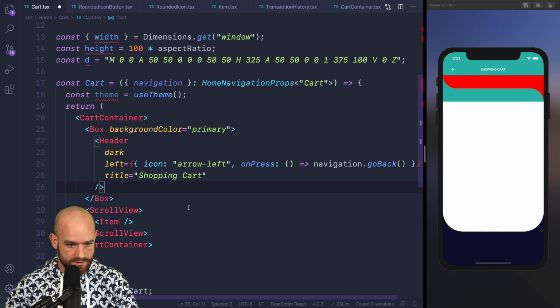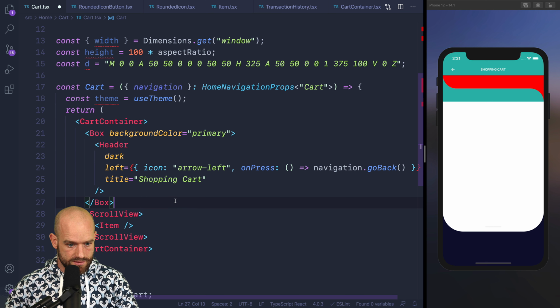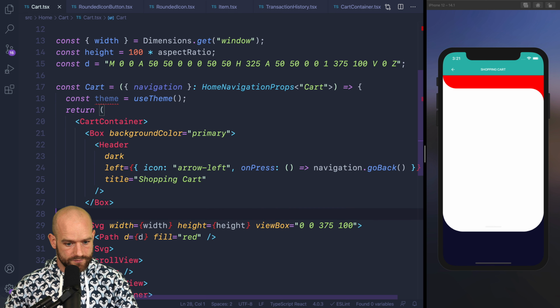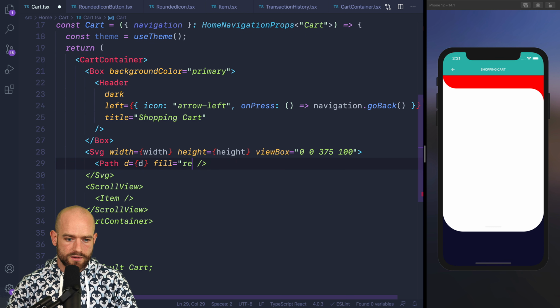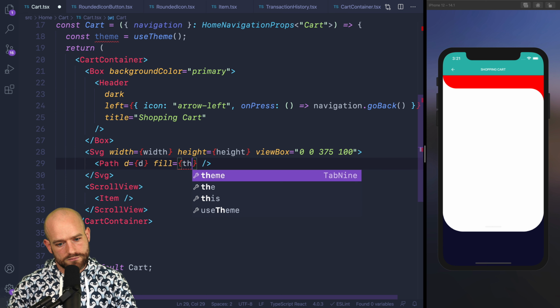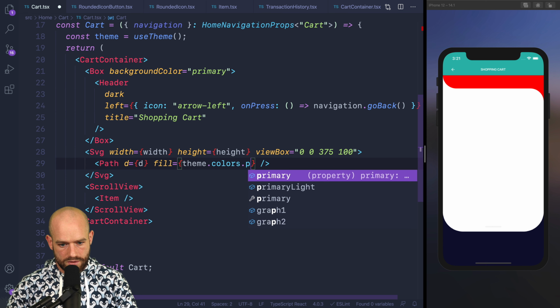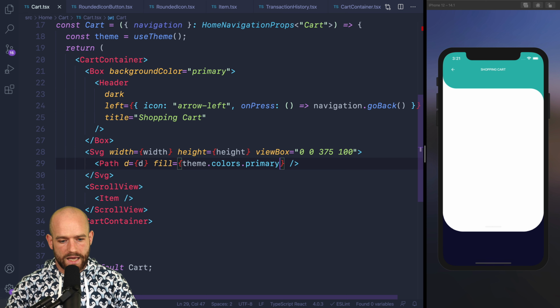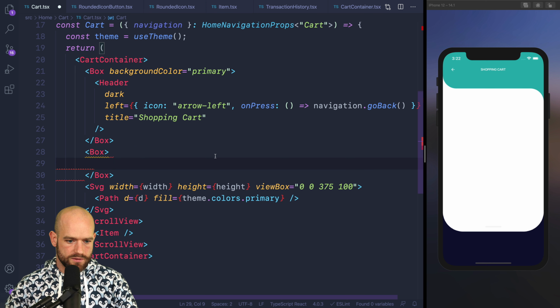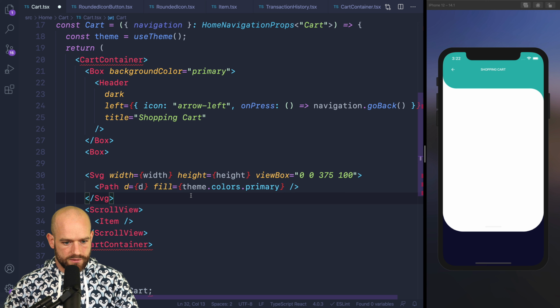And we need to move it outside. We can add back the color primary. And I need to put the title. I'm not sure how to do it. I mean, I couldn't do it like this, of course. But